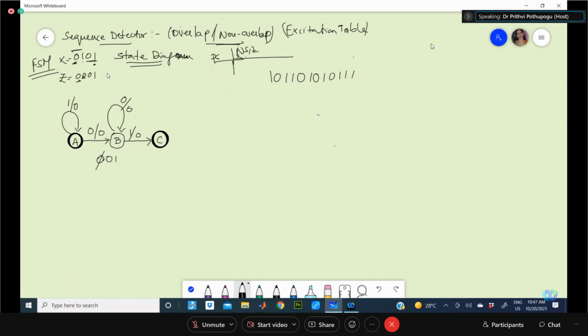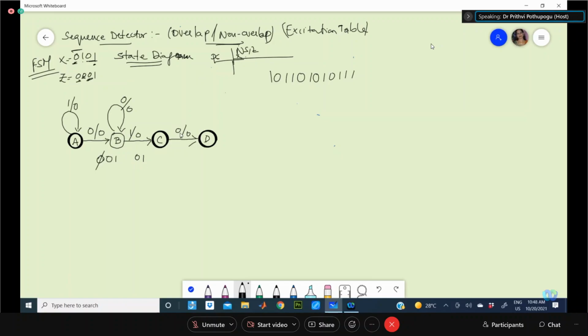Okay, the next bit should be 0. That means in this present state of C, the next bit should be 0. Say if you are getting 0, it goes to a new state, stable state D. Now what is the output? Output is still 0. Generates a 0. Now in the present state of C, until we reached this state, 0, 1 is the input that we identified.